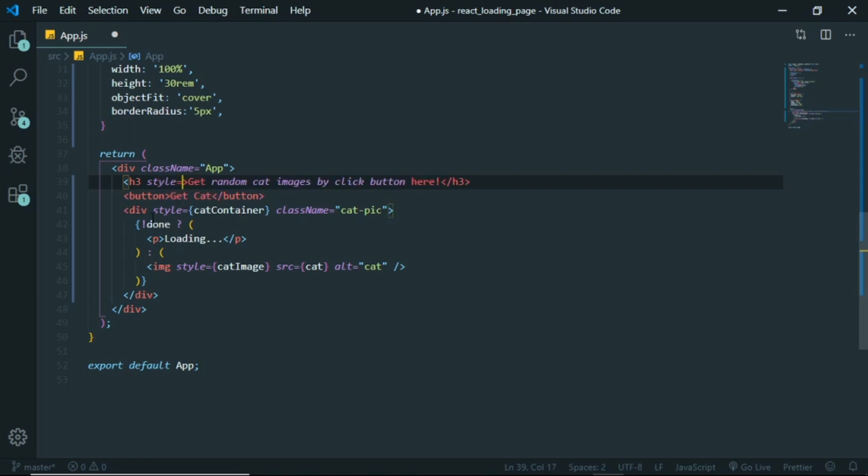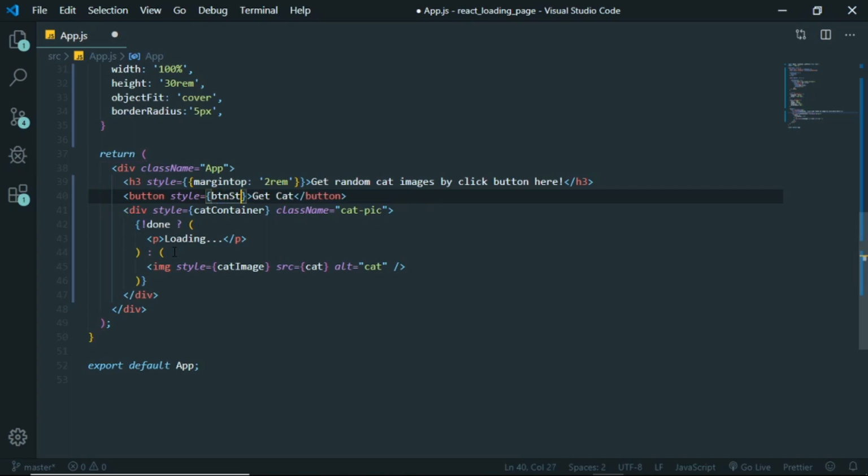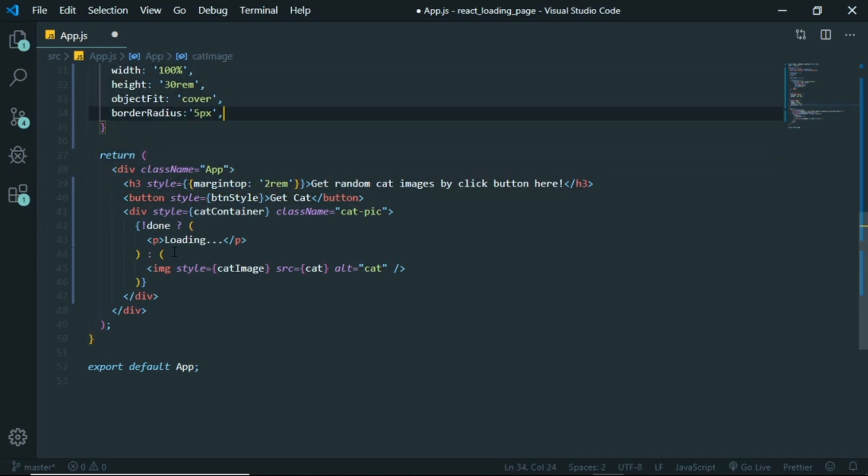Style is gonna be equal to, let's give a margin top to rem, and on the button let's give a style as well. It's gonna be equal to btnStyle, and let's style that in here,